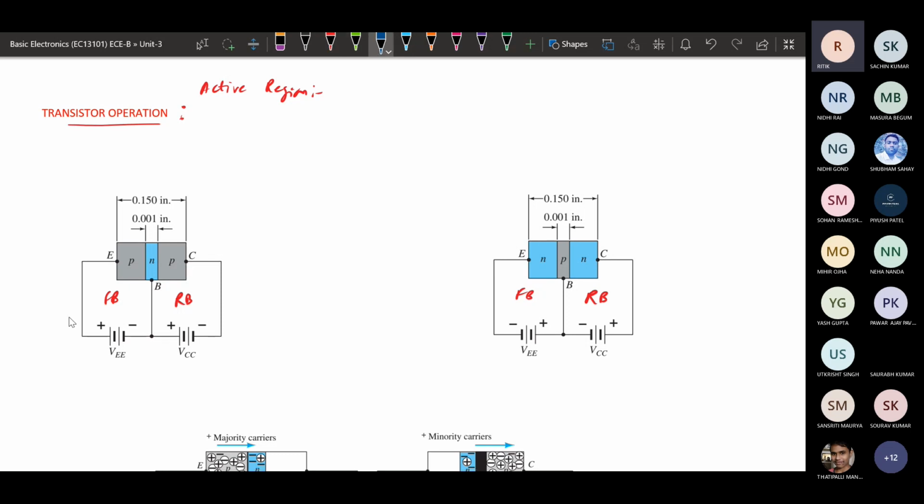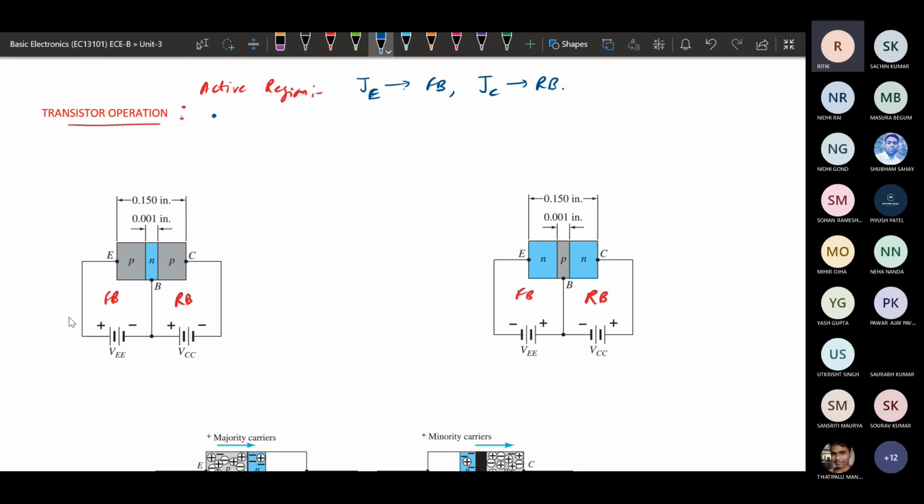So if we need to bias in the active region, that means the emitter junction should be forward biased and the collector junction should be reverse biased. Okay.